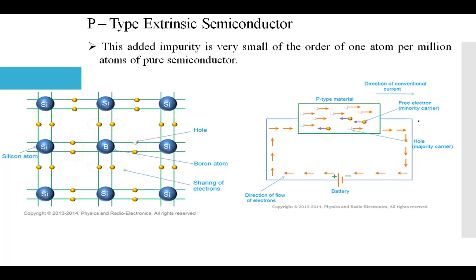So right now, in the left hand side, the crystal structure is given, the silicon bonded with the boron, and that will create one hole over here. You can see this process, because boron has only 3 valence electrons and silicon has 4 electrons, so that will create one space, and that is what we call the hole for this p type structure.